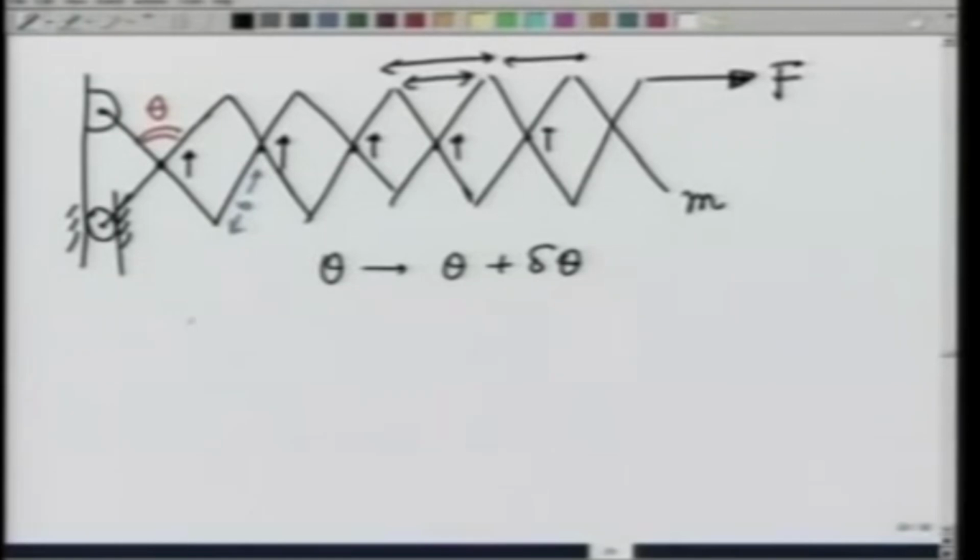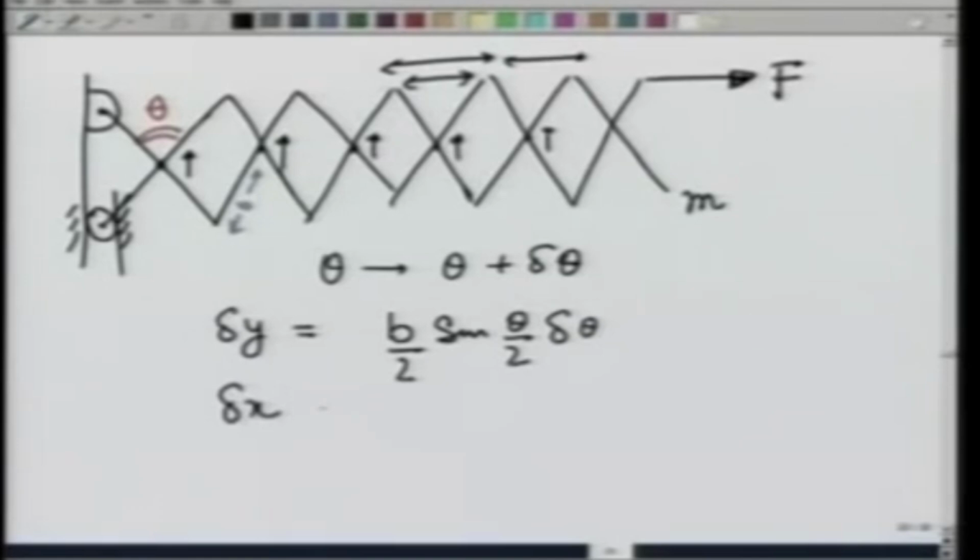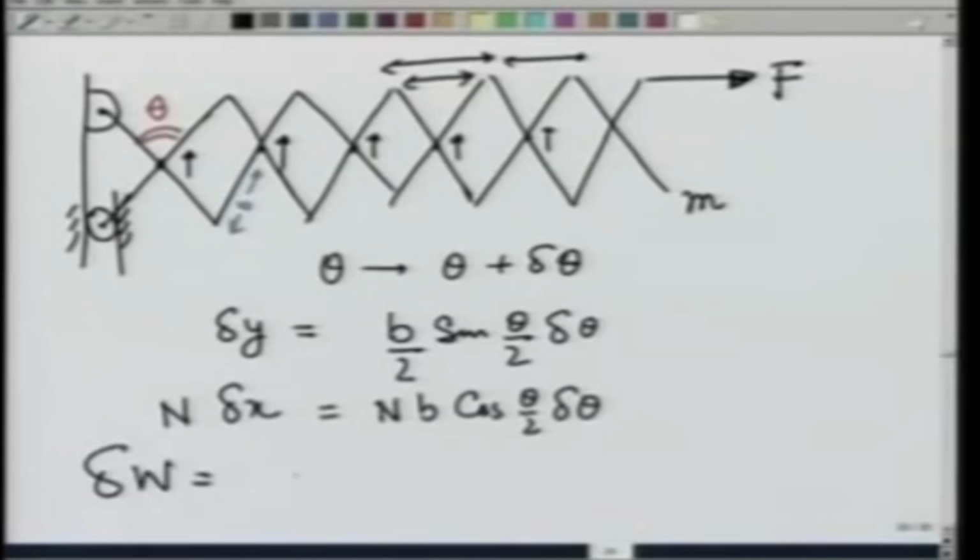We have already calculated that delta y for each point is equal to b sine of theta by 2 delta theta, b divided by 2, and delta x for each of these gaps opens up by b cosine of theta by 2 delta theta. So, if there are n such links, delta x for n is going to be n times as much, n times b. Delta y for each joint is going to remain the same. So, the virtual work done is going to be n b cosine of theta by 2 times F delta theta